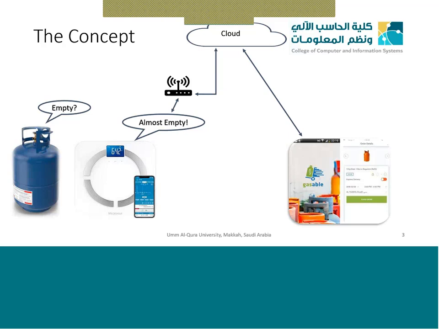So this one is a one-way operation. It is only measuring the weight, but there is no actuation. What is an actuator? Actuator is the opposite of a sensor. A sensor will sense the data and send it to the cloud or to you or whoever. An actuator is the opposite. It will take your input and perform the output for you based on that input which you gave it.